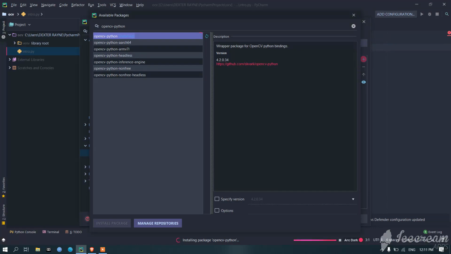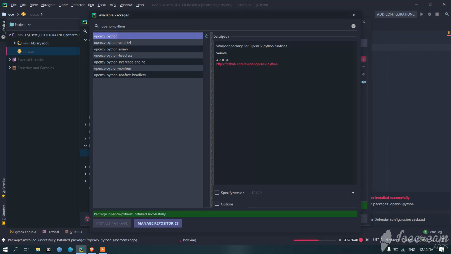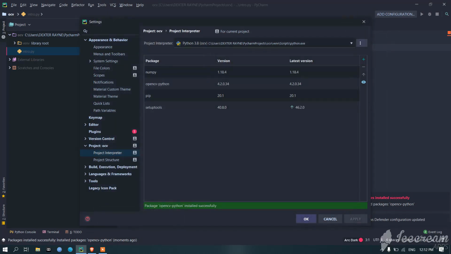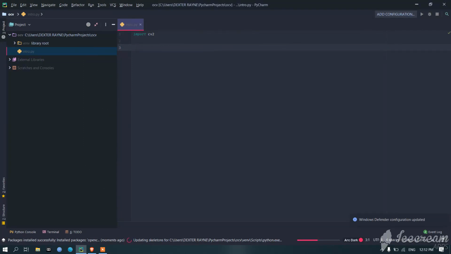But it takes time. It is taking time, so it's installing. Okay, as you can see, there is a green bar and it's actually installed. So what you need to do is go to Project Interpreter, then click on plus, and then install it. If you are unable to install it, then you have to upgrade all of the things which are here. Just click on them and click on upgrade. Okay, now when you move out, you will see that there is no error and CV2 is imported very easily. So this is the setup that you need to do.